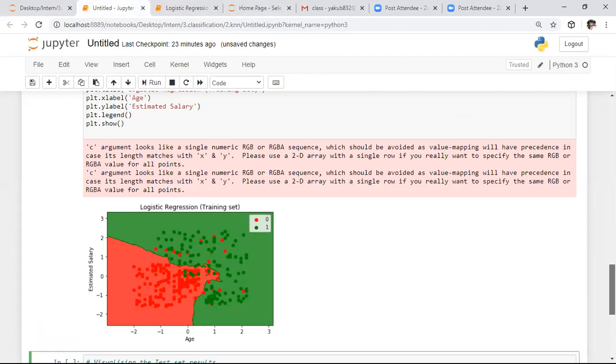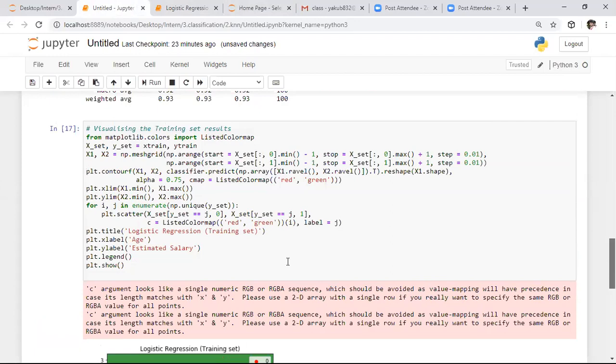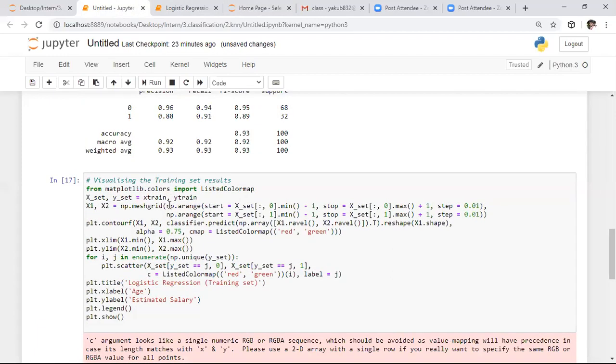So here I will explain this code. Initially, we assigned the training data to X set as well as Y set. We did it because for the test set also I want to replace this X train and Y train with X test and Y test. So everywhere I am replacing X train as well as Y train with X set as well as Y set. I want to use the same attributes, the same thing for the test set also, whereas I want to replace the training samples with the test samples. After that, we need to specify the x-axis as well as y-axis boundaries.